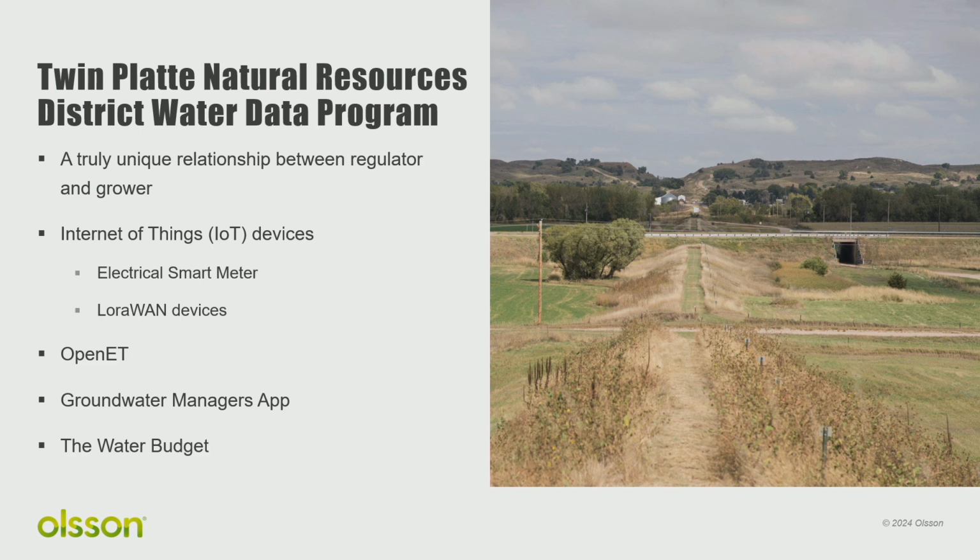So we use the electric smart meters that are deployed, and where we don't have an electric well, powered by natural gas or something else, we use a different IoT device that communicates through a LoRaWAN network. And it's basically just a continuity device that gets hooked up to the pressure sensor on the pivot. And from both of these sources, you can readily tell when the well is pumping and when it's not. And we combine that with accurate, up-to-date flow rate measurements from each well.